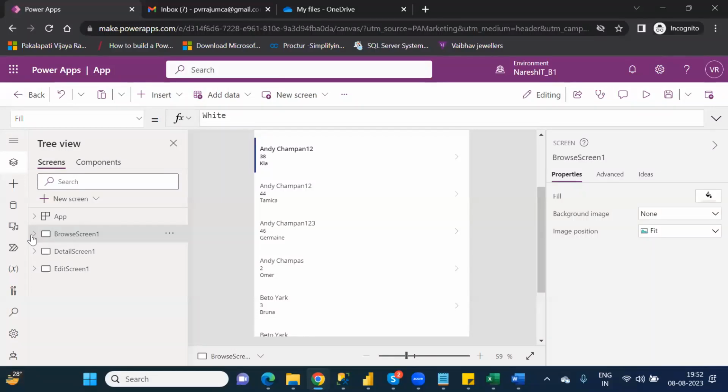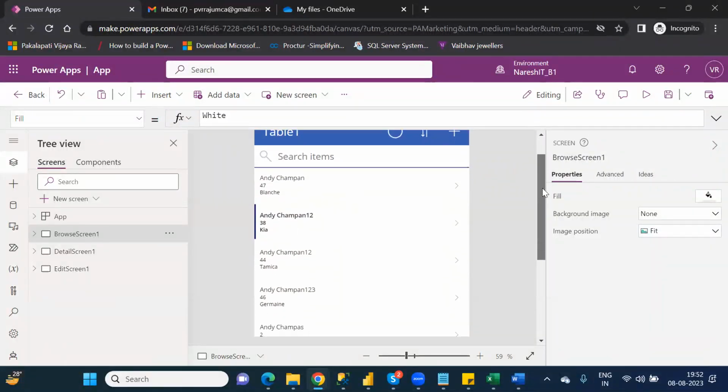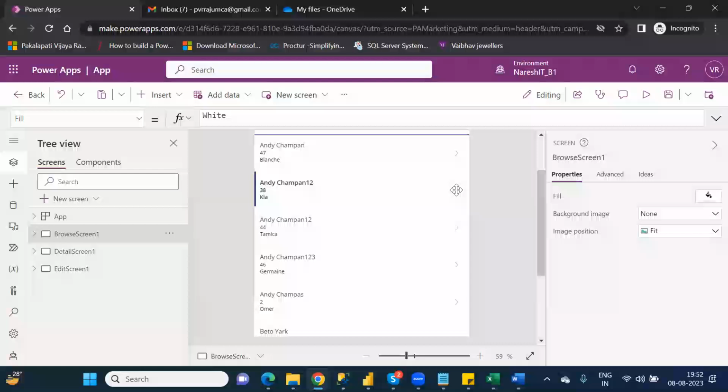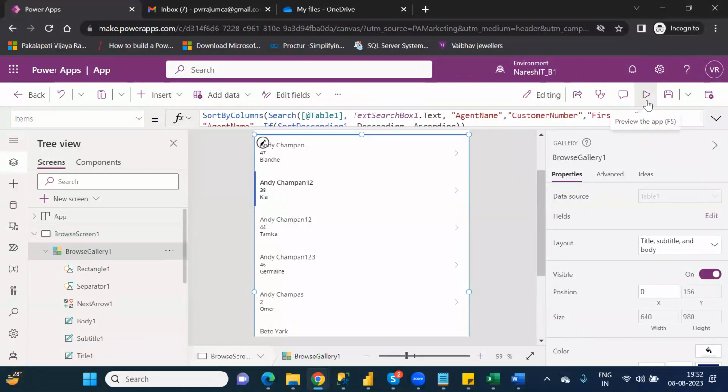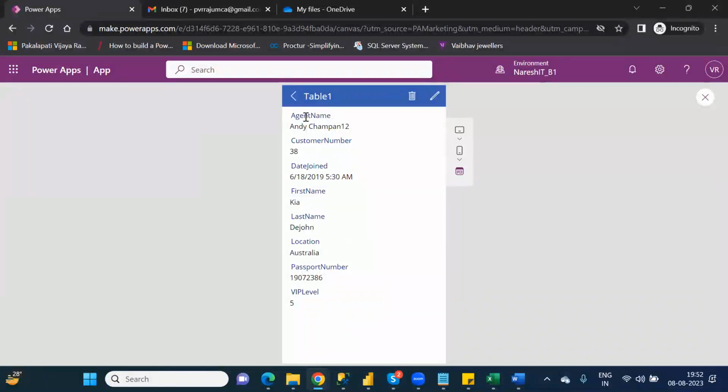That means from the browse screen you can go to the detail screen, and from the detail screen you can go to the edit screen. This is how, by default, Power Apps will be designed. Understand clearly? So once you click on that particular record, again, if I go to that particular record, then it will go to the detail screen. If you click on this icon, this is also one of the icons. When you click on this icon, what will happen? It will go to the